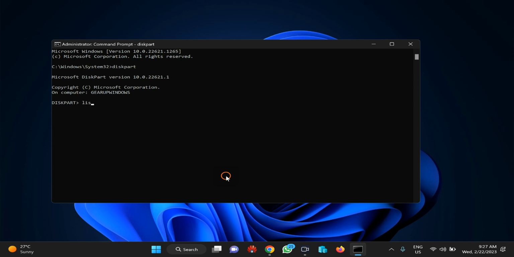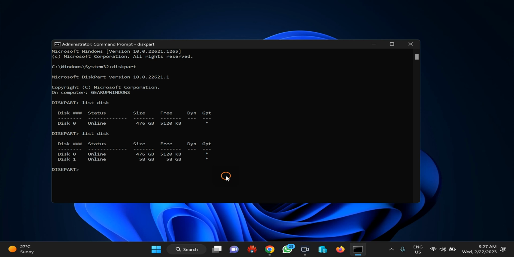Then type list disk and press enter. In case you have not connected your USB drive to your PC, then connect it and again run this command, list disk. This will show your USB disk. In my case it is disk 1, so in here you need to type select disk 1 and then press enter on the keyboard,